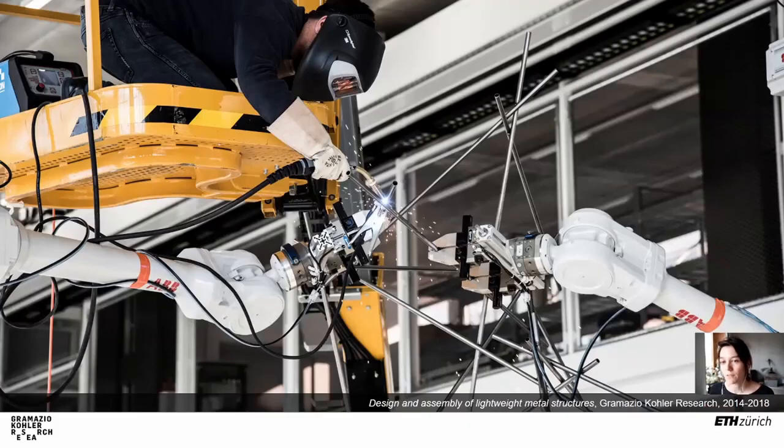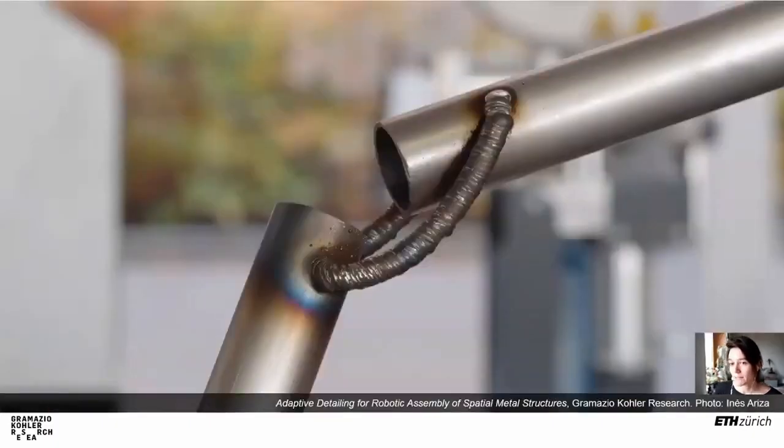So the location of these end effectors, but also the deformation of the material itself. So the manual welding at the end was very useful. So one of the next steps, and where the project starts, is basically how to incorporate or where to see the opportunities of using robotic fabrication for solving this problem programmatically. So there are strategies and of course a lot of challenges, and I hope many opportunities to discuss, of doing